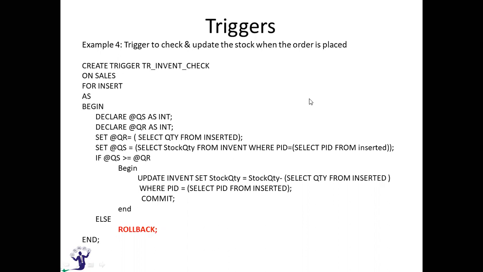Second example, you may be getting a supplier report which will give you the details of all the products supplied by a particular supplier. Second report. Third report is the customer ledger, you can call it. I will give the customer ID, and depending on it, all the transactions done by that particular customer should be displayed since inception. At which particular date, what product he has purchased, what was the order number, what was the description of the product, what was the price, what was the quantity, what was the amount.